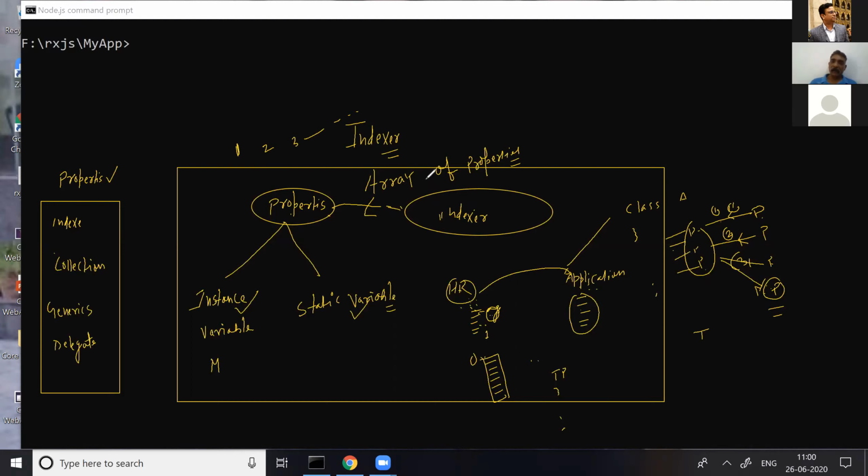An indexer is an array of properties. What do you mean? By a single indexer, we can access multiple private variables. The reason is I have made the properties as an array, or you can say an array of properties.